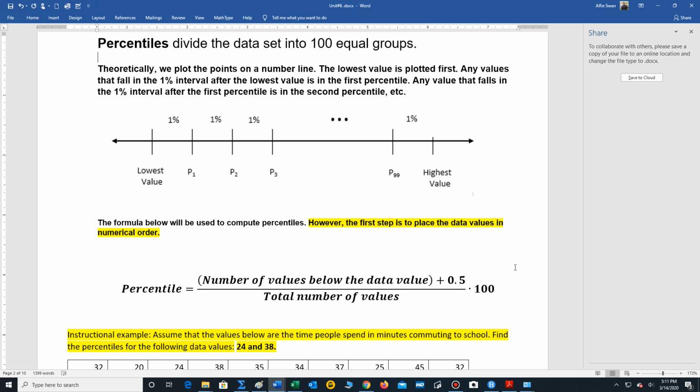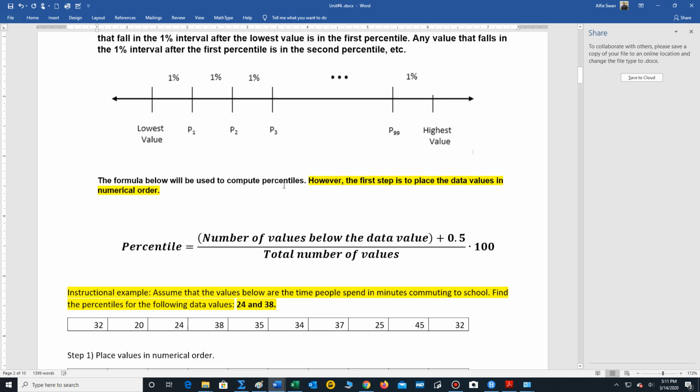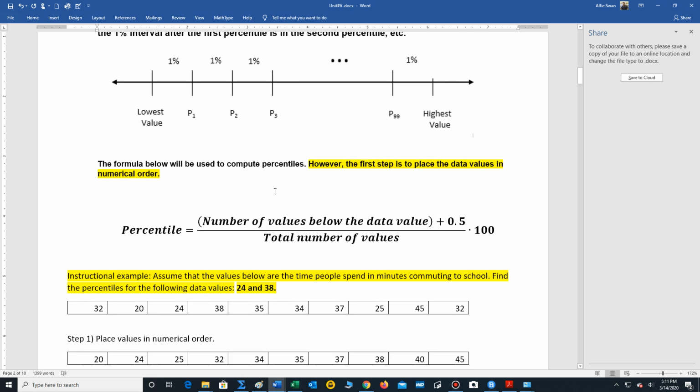Now, theoretically, we could construct a list of percentiles by using a number line. We always start with the lowest value. We measure off 1%. Any data value that falls within that interval of 1% will be in the first percentile, and we can repeat that process. However, this can prove too cumbersome and difficult to work with, so we will be using a formula to calculate